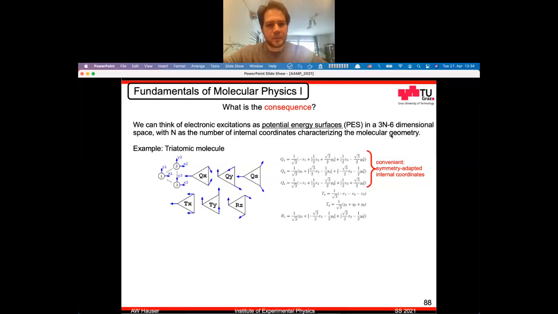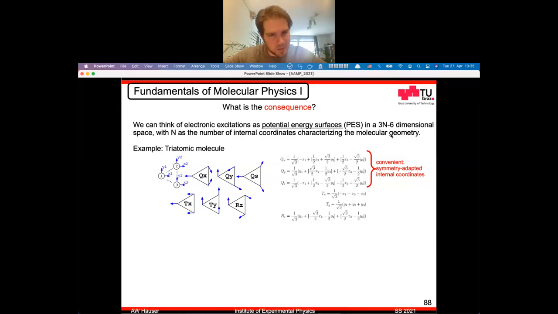We see that in a scenario where the energies are sufficiently far apart, we can simply solve this Schrödinger equation to get our vibrational energies. But if there are states close by, then our original ansatz, and for this I have to go back a couple of slides to the very beginning, this ansatz here